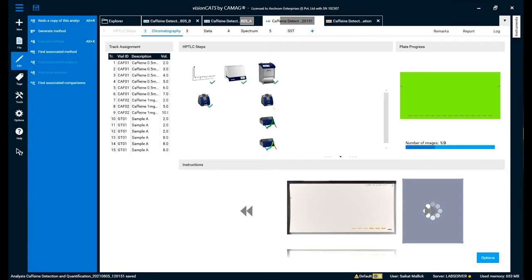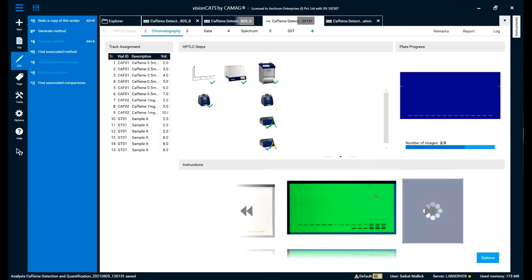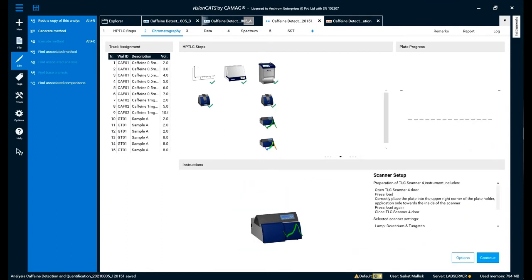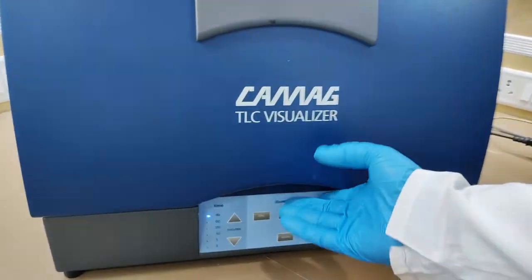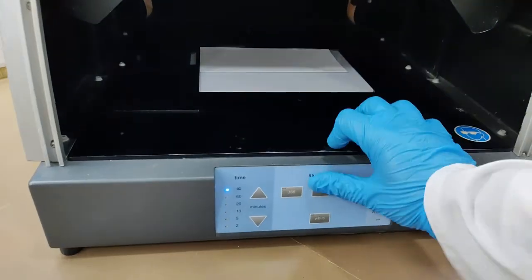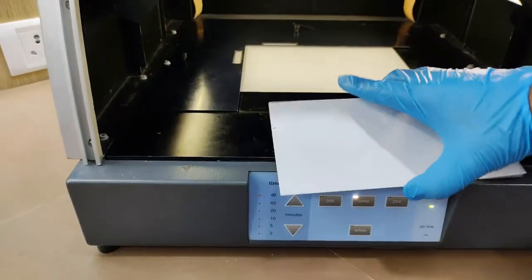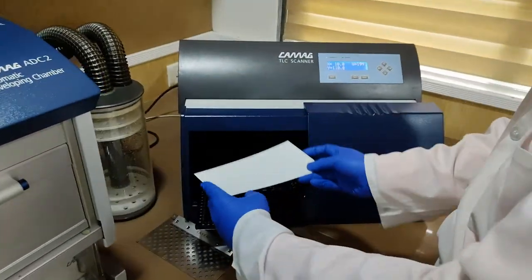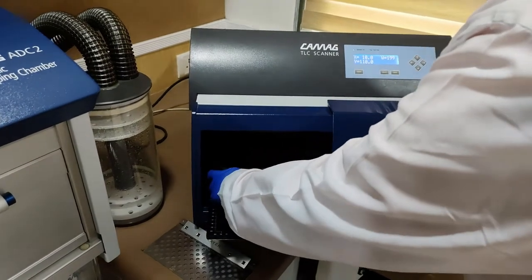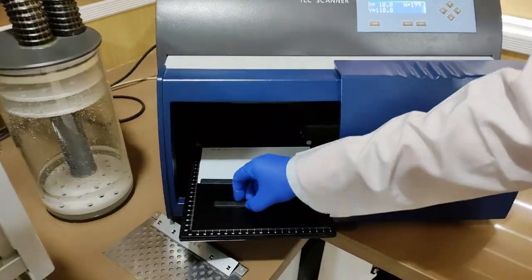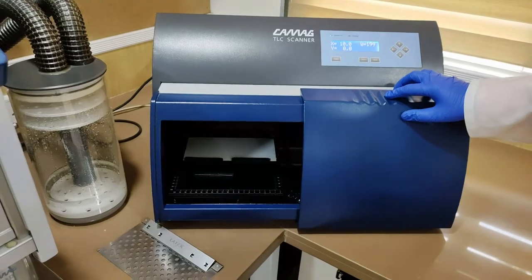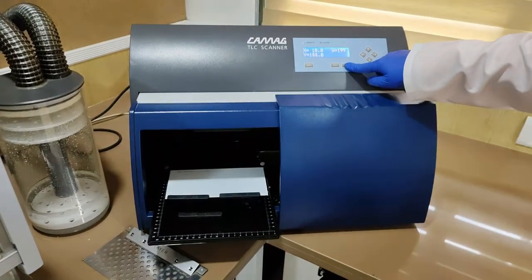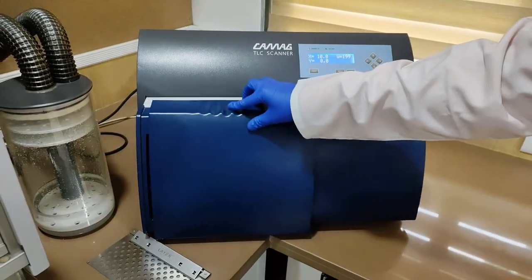We have captured the image under UV 254, white light and fluorescence. Place the plate in the scanner as shown and secure it with the help of magnets given. Close the door of the scanner.